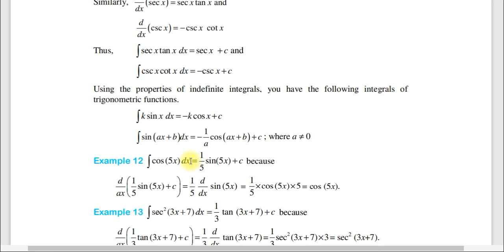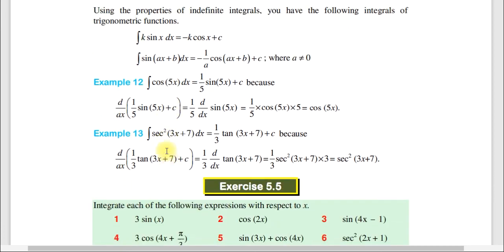So example, let the integral of cos 5x dx ቢሰጠን እንዴት አድርገን እንሰራዋለን፣ እንዴት ነው የምናደርገው። 1 over 5 sin 5x plus c ማለት ነው፣ because ይሄንን ደሪቬት ብናደርገው ይሄን ስለሚሰጠን ማለት ነው። ስለዚህ the derivative of 1 over 5 sin 5x plus c ማለት 1 over 5 d by dx of sin 5x which is 1 over 5 times cos 5x times 5 which is equal to cos 5x ራሱን ይሰጠን ማለት ነው። ሌላ ደግሞ the integration of sec square 3x plus 7 dx ቢሰጠንስ።